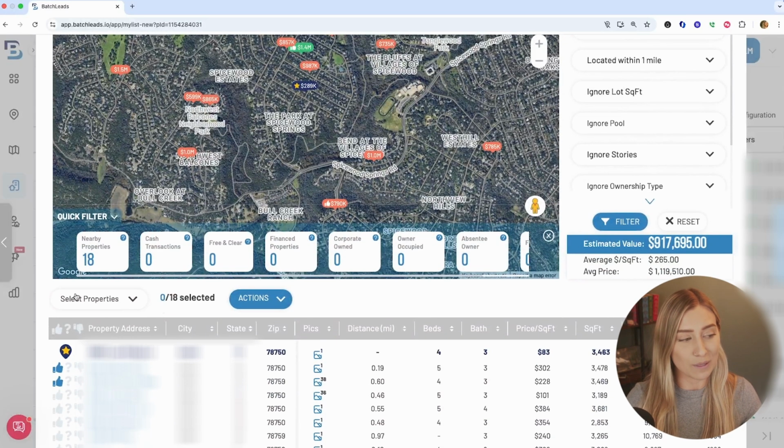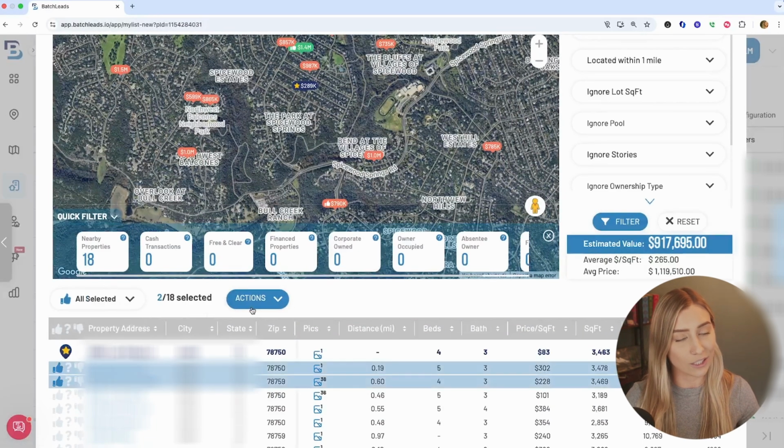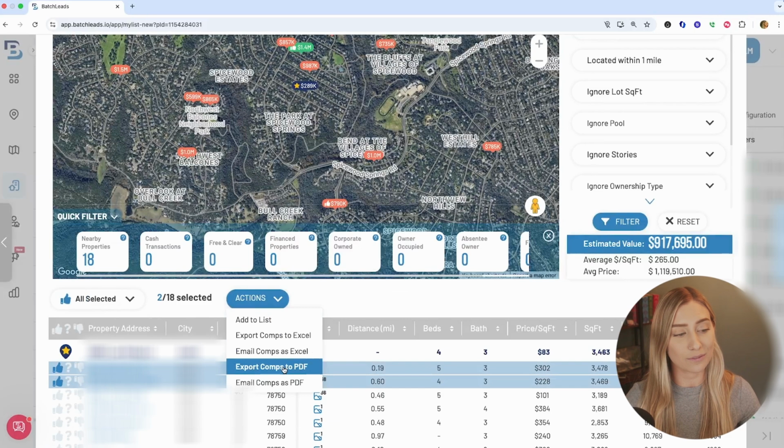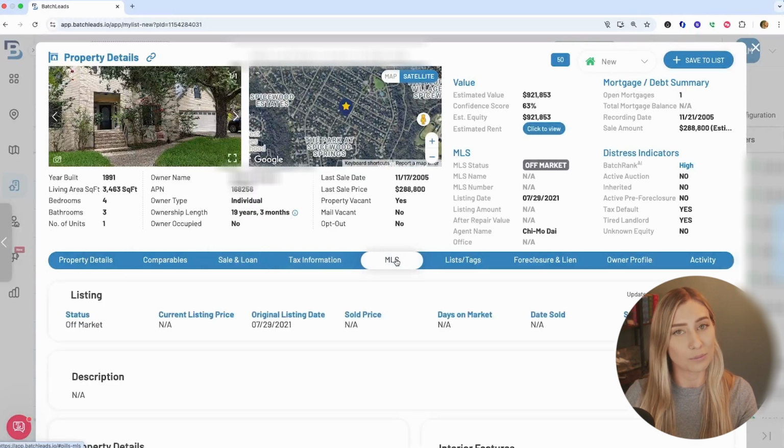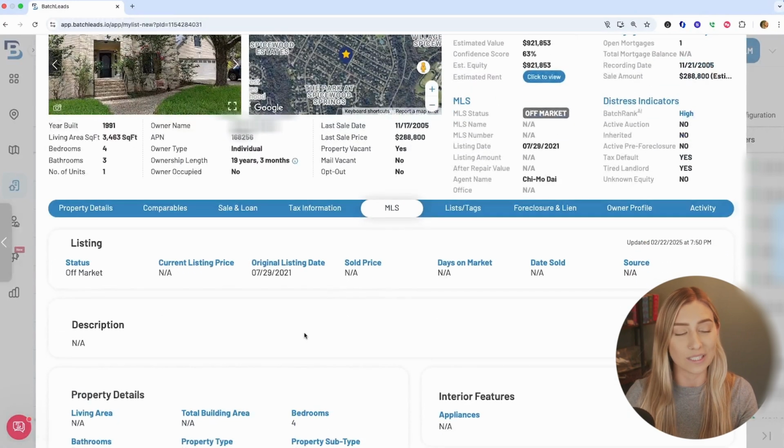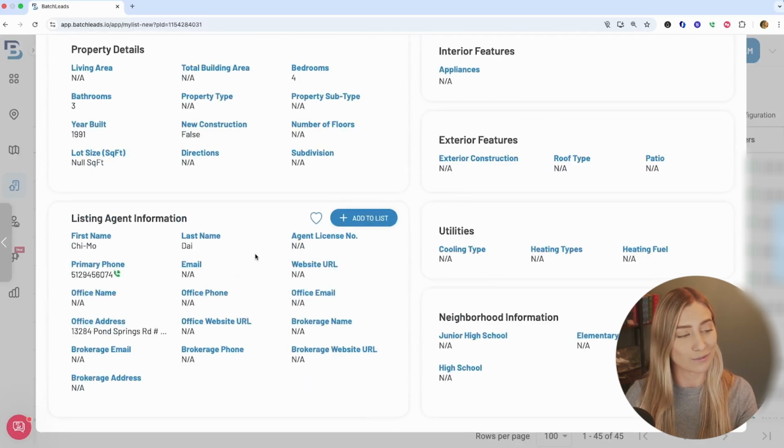And the really cool part that people miss here is that you can actually select your comps, click actions, and either export a PDF, a really nice report that's laid out, or even email a PDF report to somebody else on your team and see where you got your numbers from, the location of your comps, and all of their details. You also have sale and loan information, tax info, and MLS data if applicable to what you're doing in your business. You'll be able to see the description on that listing, and even see the agent's information where you can give them a call and add them into your account into the agent outreach tab,